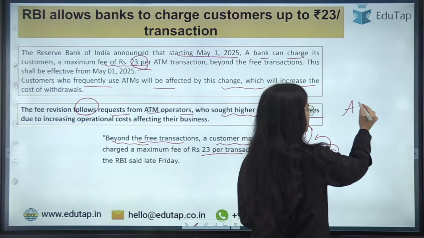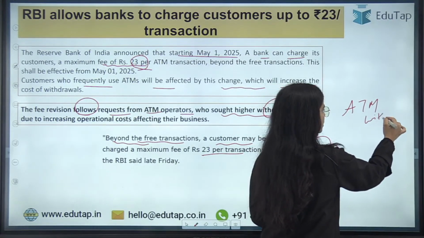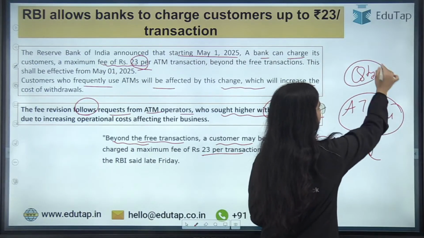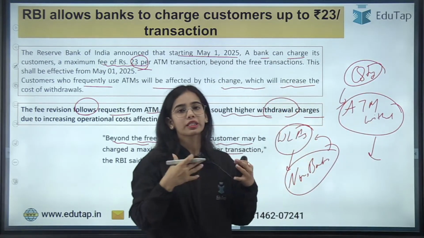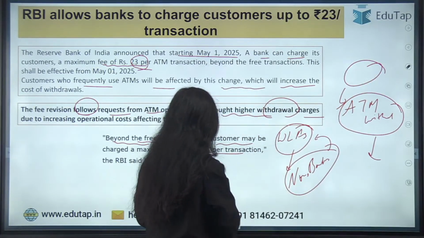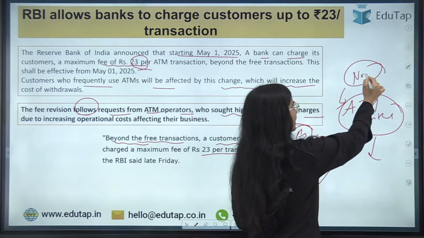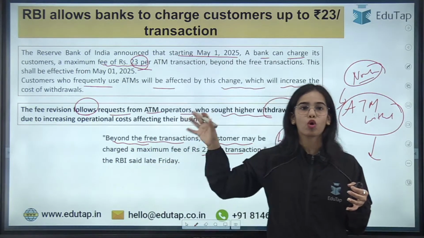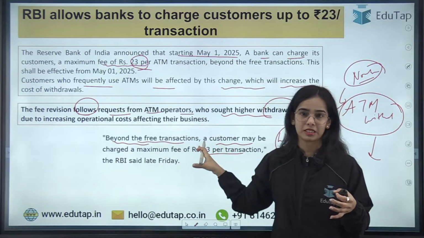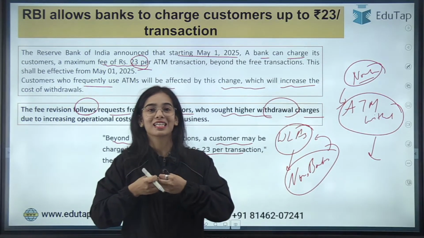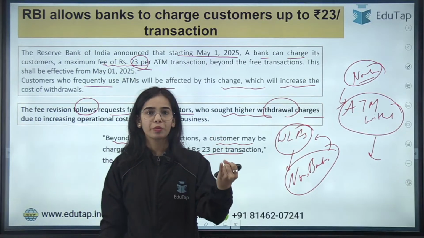In the past few years, ATM withdrawals have decreased, so there are fewer ATM withdrawals happening. The number of ATM withdrawals has decreased, which has increased the operational cost, affecting the businesses. Yes, because of UPI, because of the digital payment infrastructure that is expanding very fast, the UPI, the IMPS,